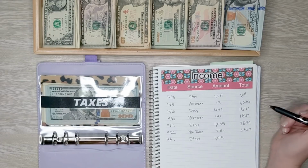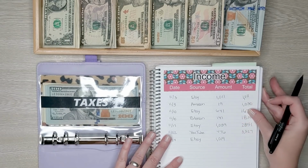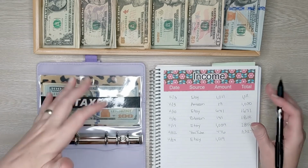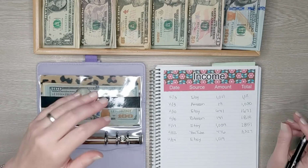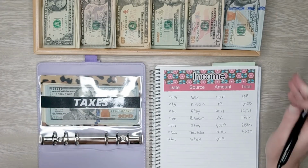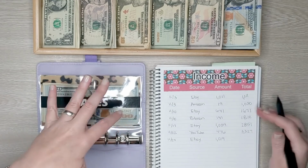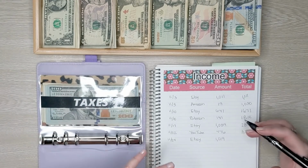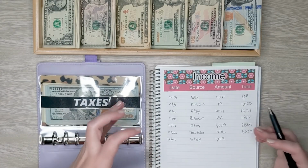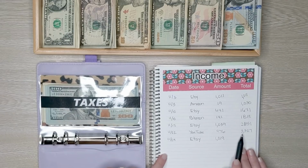1,019. But I was thinking back on last year, and I think November is when things really started rolling last year too. I think November is one of the best months. November, December, and January were all really good for me last year. I think people are getting into planning about this time of year, you know, prepping for the new year. So I think that's why these months are so good. But okay, so